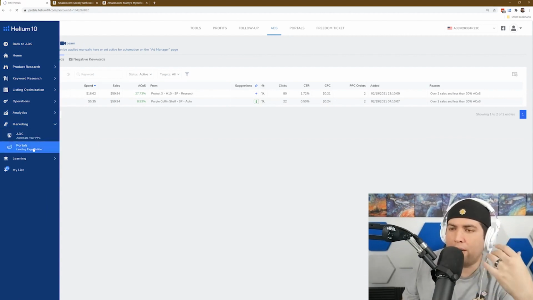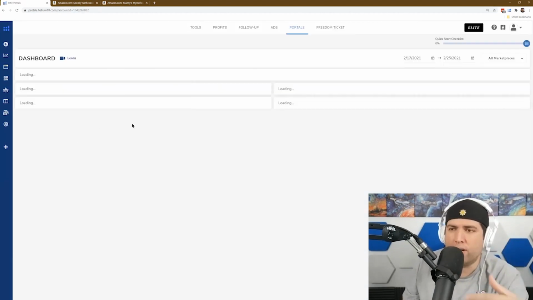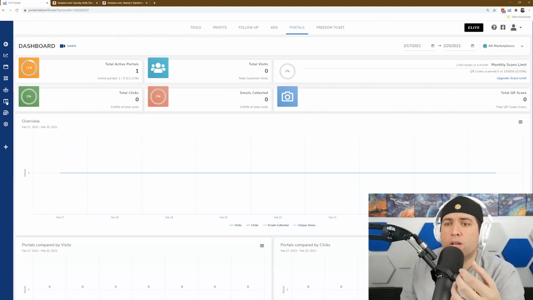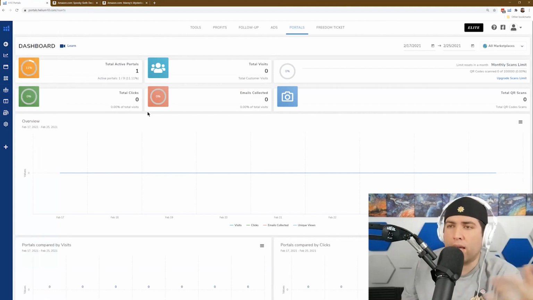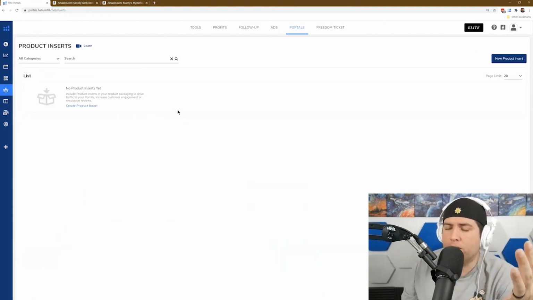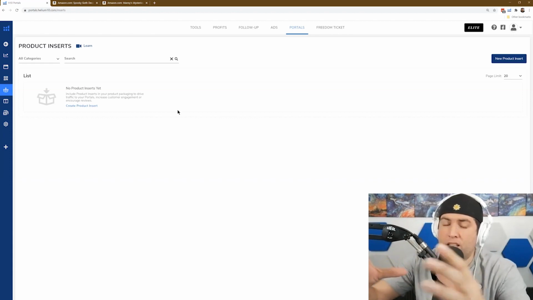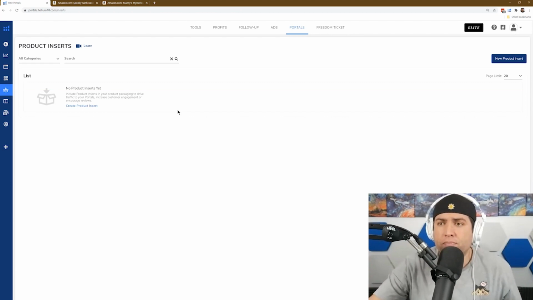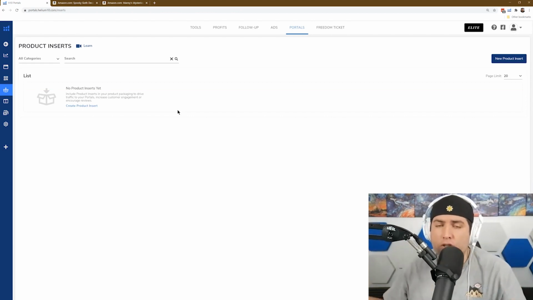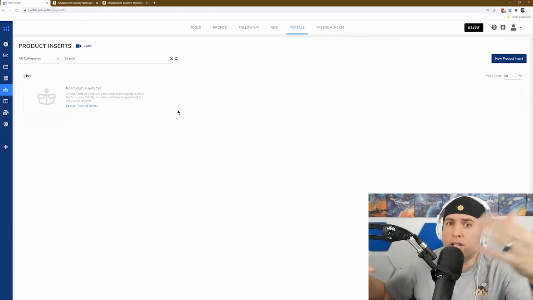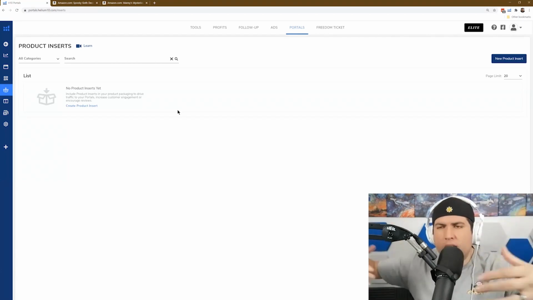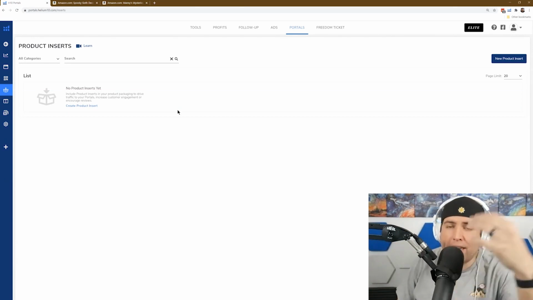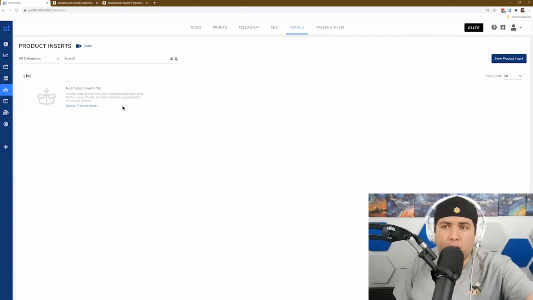In portals, we have landing page builders. You can create landing pages and sales funnels. You can create QR codes within here. You can even create product inserts. Like I can create an insert that will have an instruction guide for how to put my shelf together. Or I could have, hey, scan here and download this instruction guide, or scan here for a chance to win. Just enter your email address. So now I can capture more of my customer information so that I can remarket to them off of Amazon at a later time.